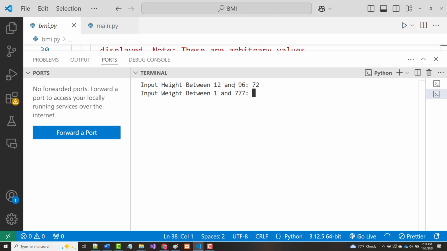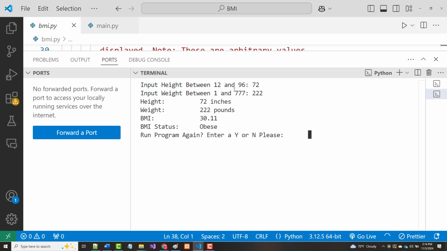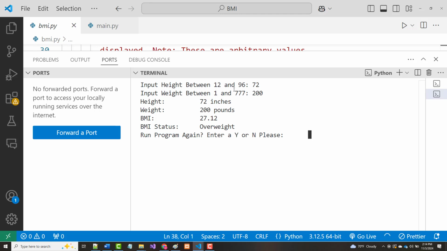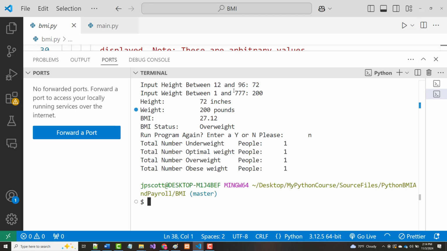Let's say 72 and 222. They're obese. Run it again, yes. 72 and 200. They're overweight. Run it again, no. Now notice I have one underweight person, one overweight person, one optimal weight person, one obese